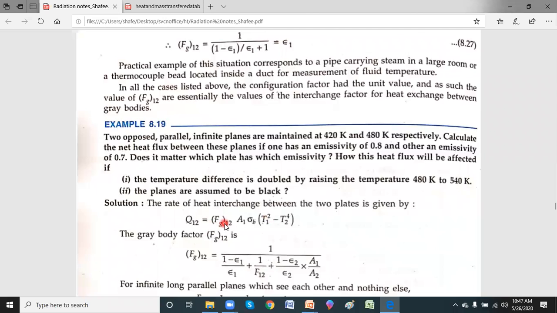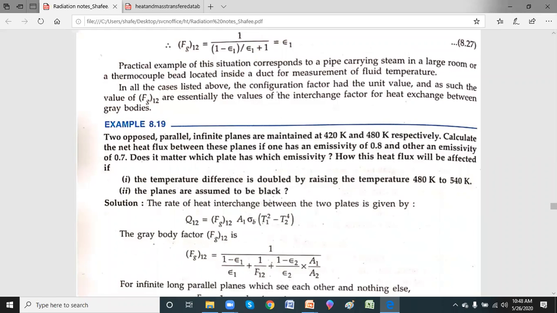Q12 is FG12, which is this particular formula where they have taken everything available as common, and he calls it FG12. I'll tell you how you got this FG12. Then A1 sigma (B T1 to the power 4 minus T2 to the power 4). Obviously sigma B T1 power 4 minus sigma B T2 power 4 is nothing but your EB1 minus EB2. Now this particular thing, FG12 into A1, is similar to what we discussed in the